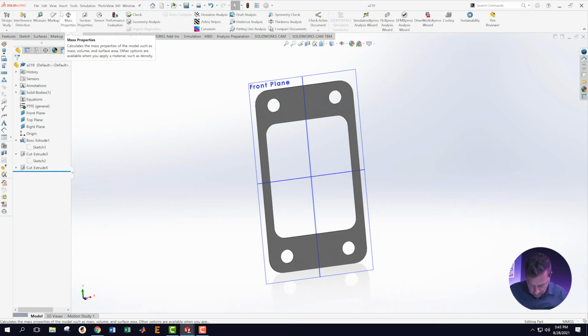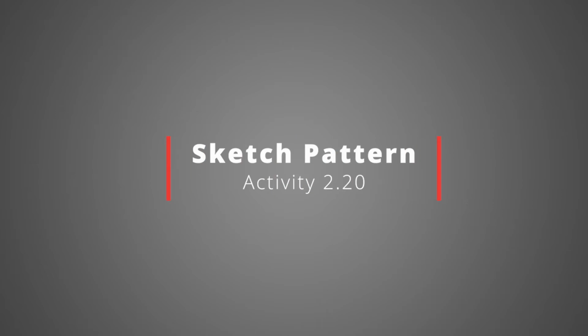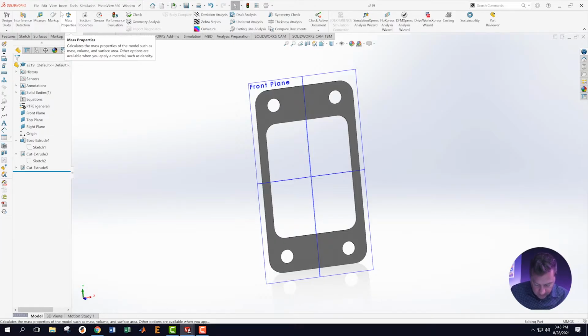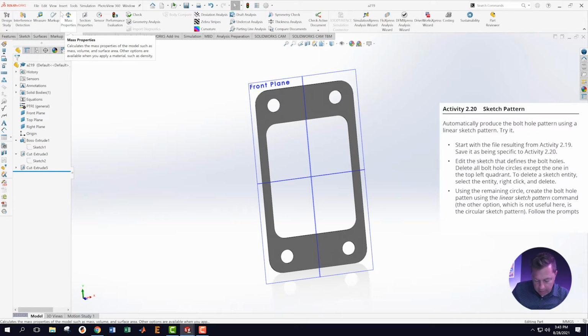Great. Now we're on to activity 2.20. Okay, so we're going to automatically produce a bolt hole pattern using a linear sketch pattern. Start with the file that resulted from 2.19